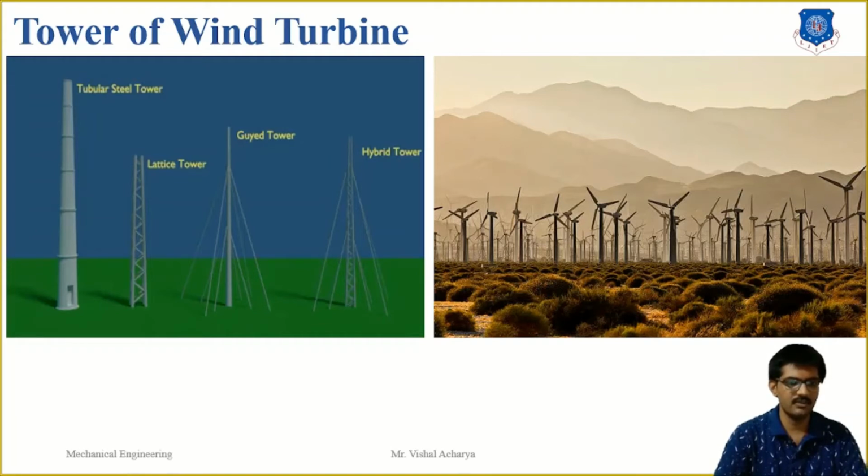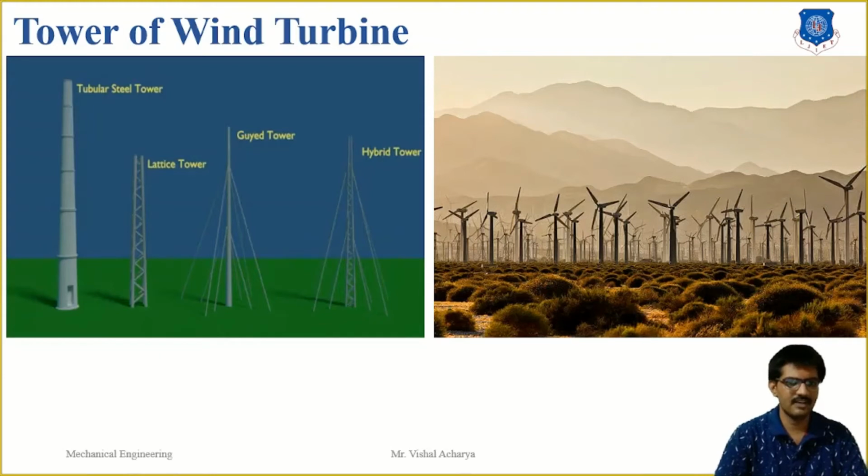The tower of a wind turbine in a commercial wind power plant usually ranges from 40 meters to 100 meters. The tower may be either a tubular steel tower, lattice tower or concrete tower. First, we use a tubular steel tower for a large wind turbine. These are normally manufactured in sections of 30 to 40 meters in length. Each section has a flange with holes. Such sections are fitted together by nuts and bolts to form a complete tower. The complete tower is of slightly conical shape, which provides better mechanical stability.